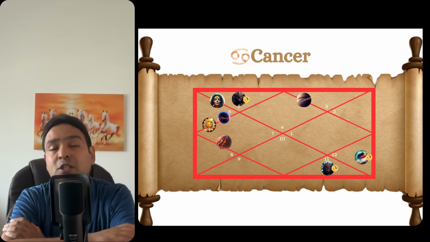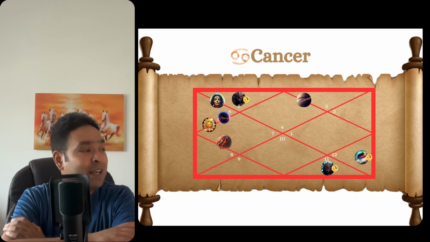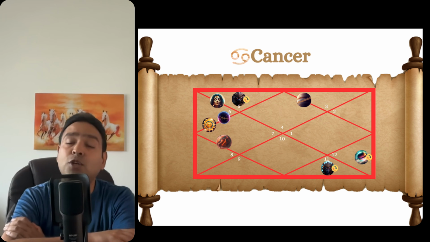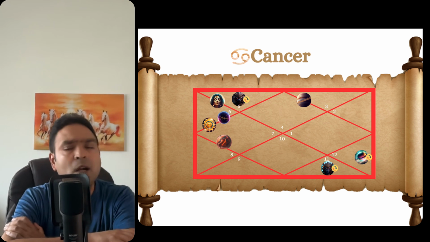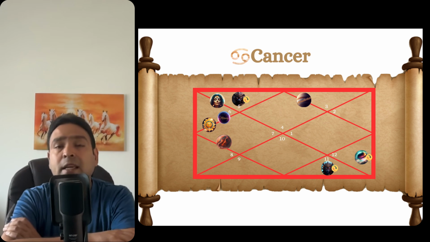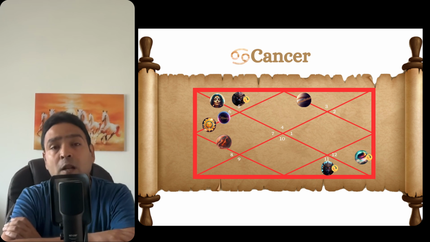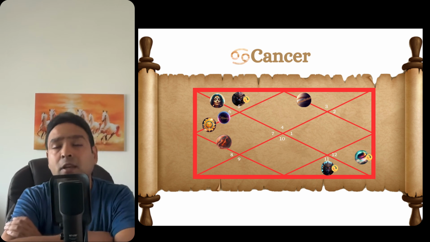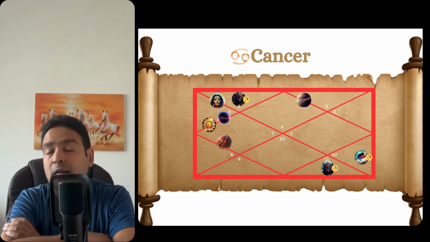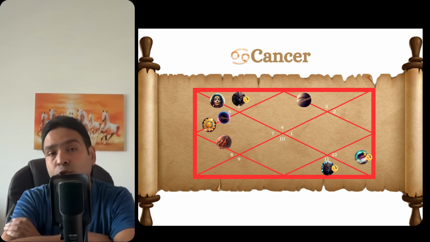Now, Sun, which happens to be your second lord where Ketu is placed, is placed in the third house and is inching towards a sign of debilitation. The third house placement for Sun is not a bad position to be in, because a malefic planet like Sun can give you the ability, the courage, the willpower, the innate thinking to fight out the challenges that are coming your way. So that is an important position for Sun to be in.